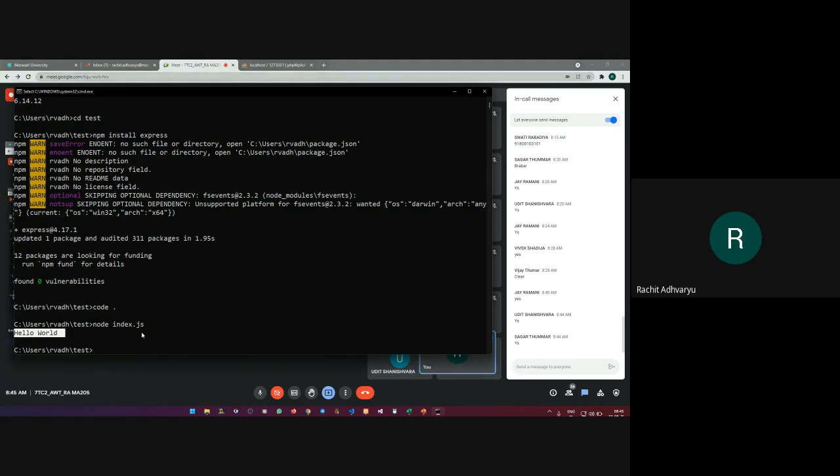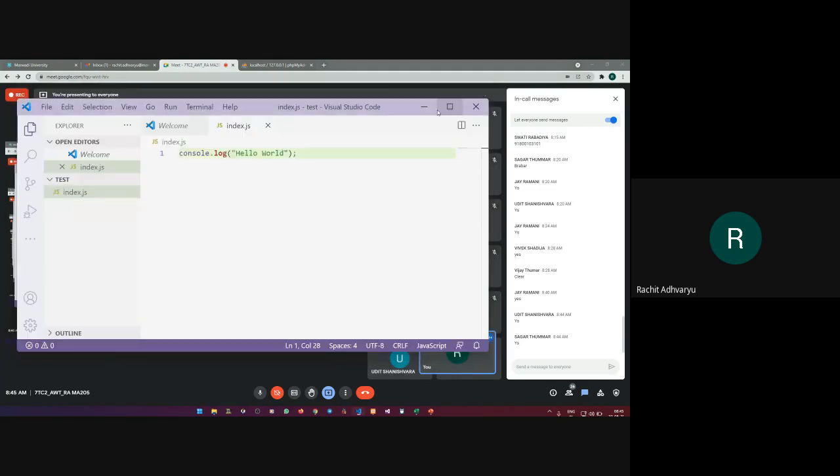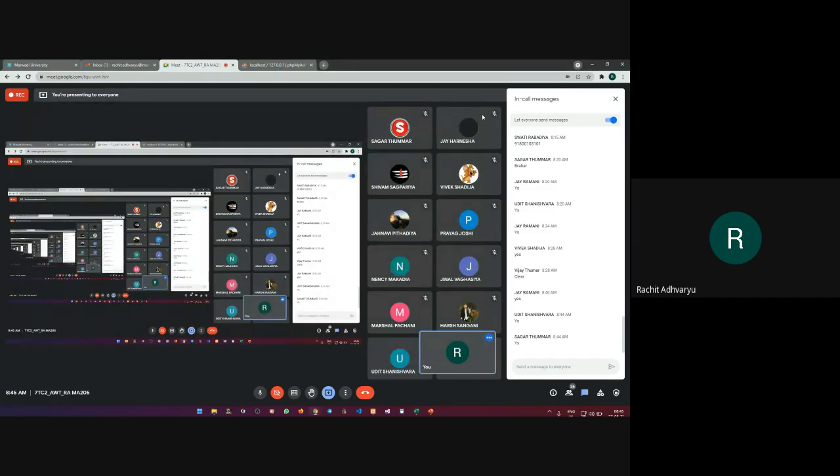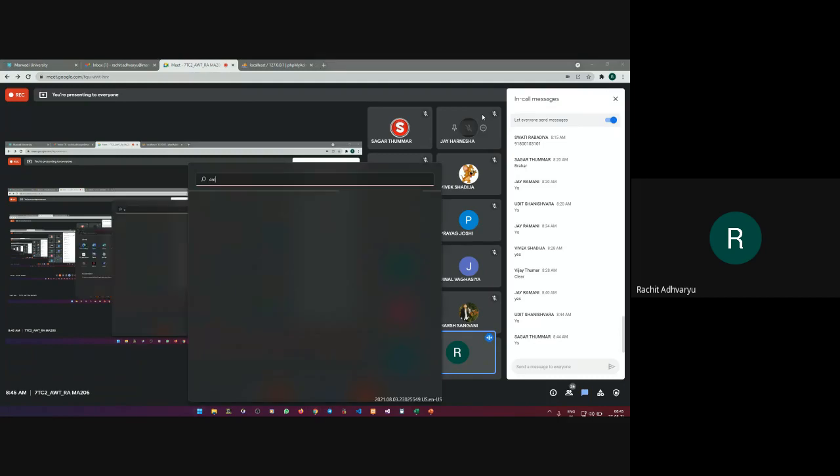Any more queries, guys? Okay, so now I'm going to close this. I don't require this server, and I'm going to start working with the CRUD operations. I already have an application created by me using Node.js and its servers, and I'm going to demonstrate that complete application directly to you. I'm not going to write any code. I'll just show you how you can execute Node applications. So again, let's go to the command prompt.